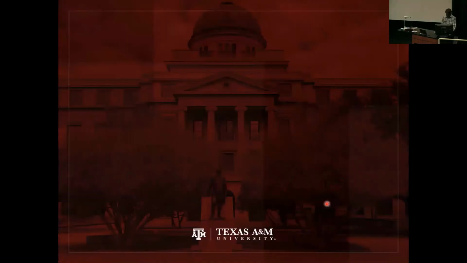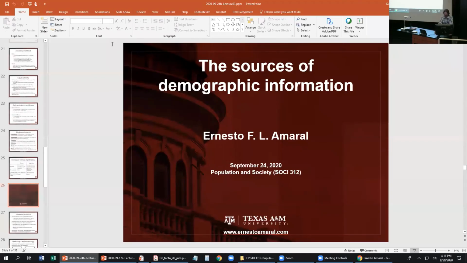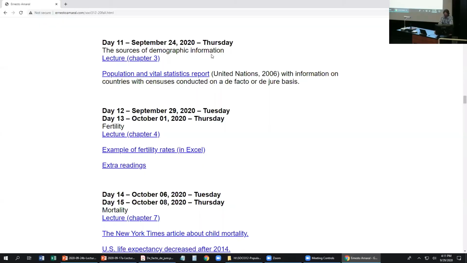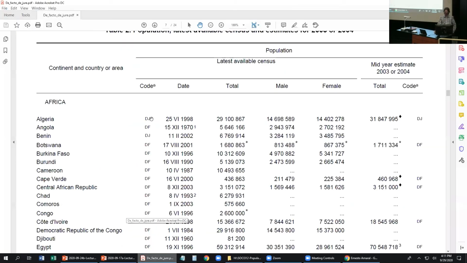And there is a link here. This is the data for sources of demographic information. This is the lecture that we're seeing now. And this is a document by the UN in 2016 with information on countries, saying what the system of their census is, if it's a de jure or de facto basis. If you open this file, that's pretty much a PDF file. And if you are here on page 7, for each one of these countries, you have the information whether that country